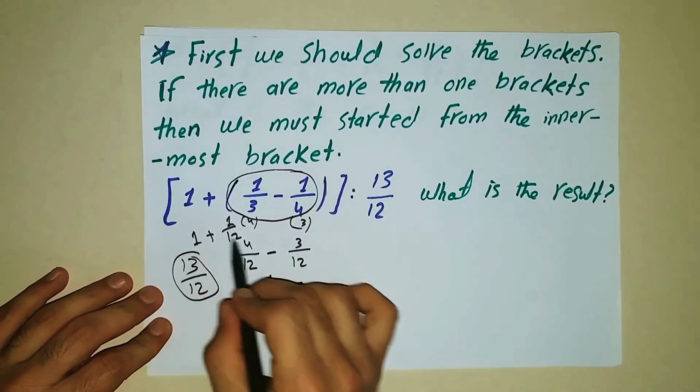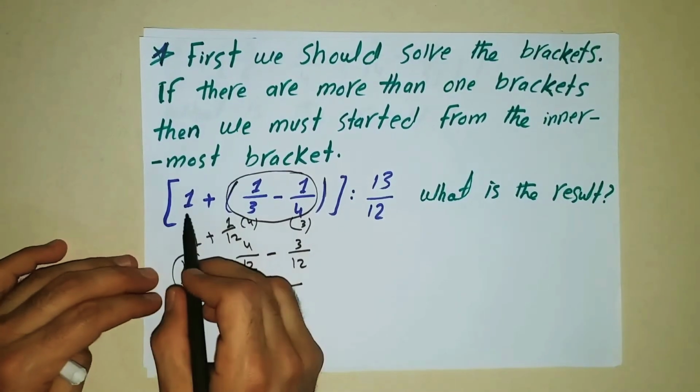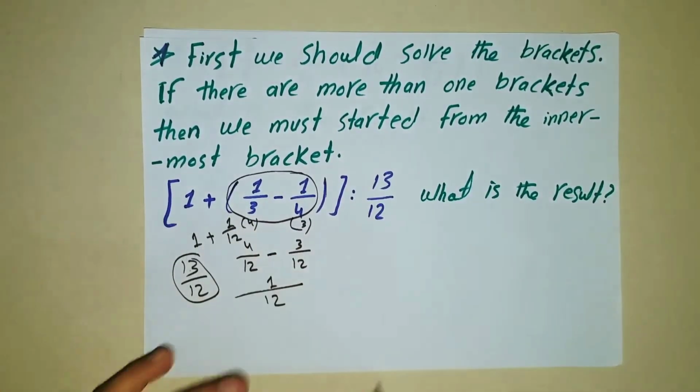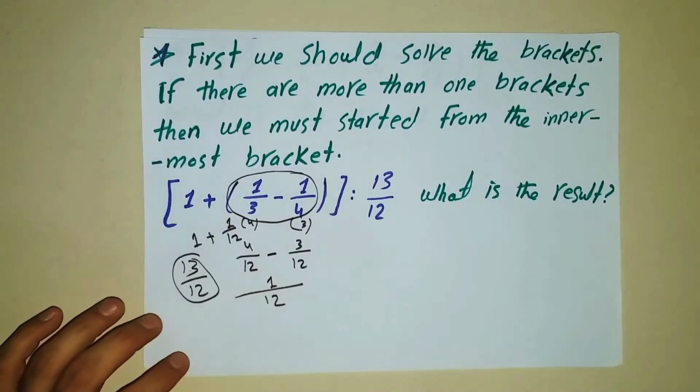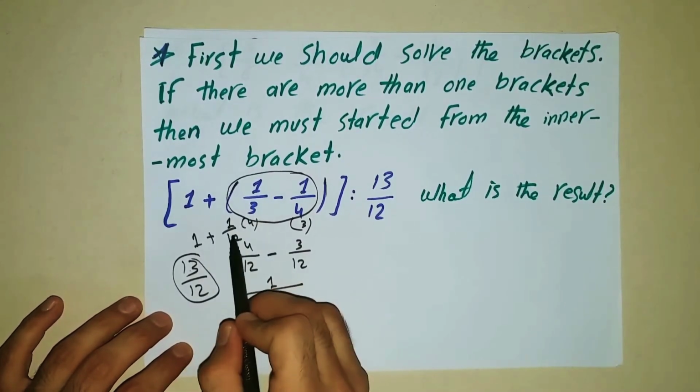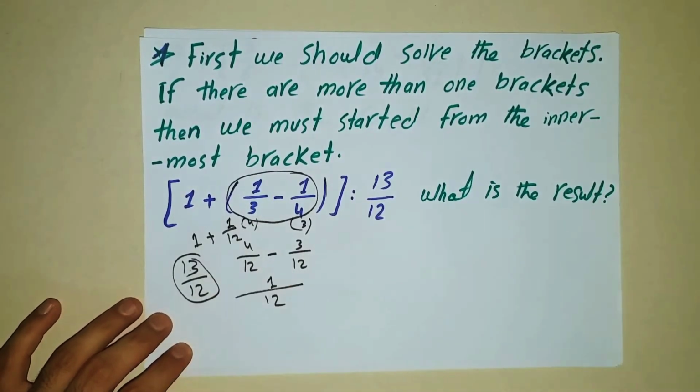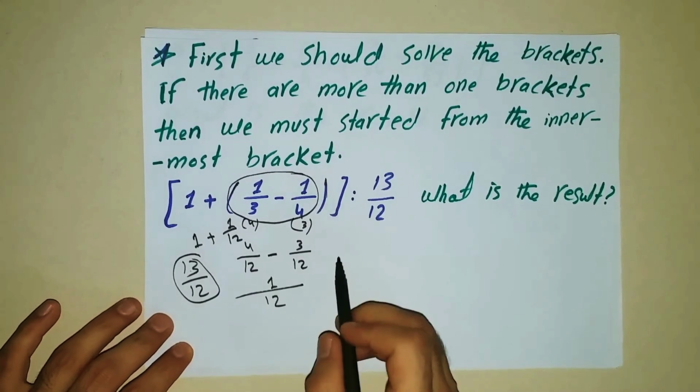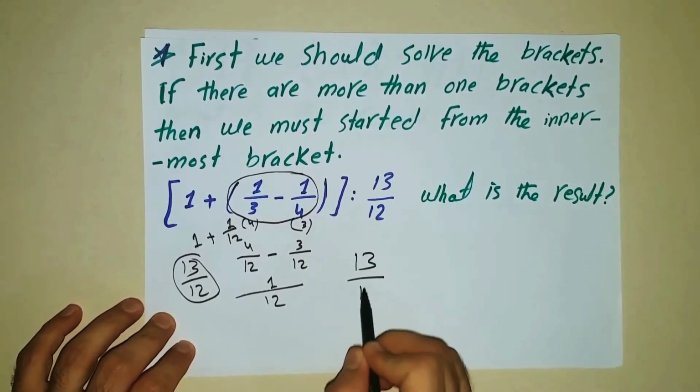If you don't remember this fast way, you can put 1 there and make the equal denominators. But that will take so much time, so it will be good for you to multiply with the fast way: 12 multiplied by 1 is 12, plus 1, it will give me 13 by 12. So now our question is 13 by 12